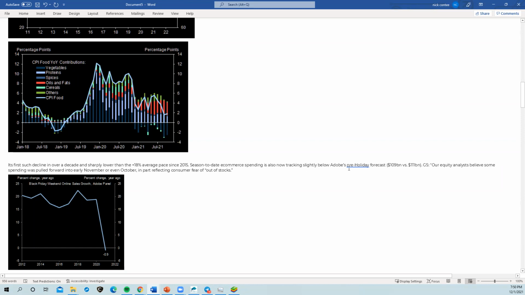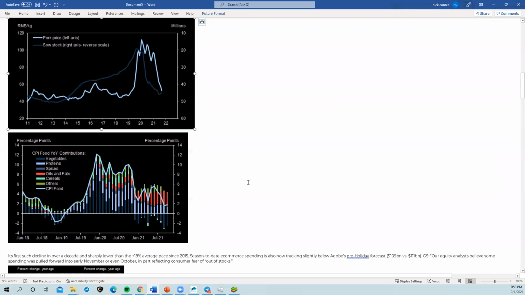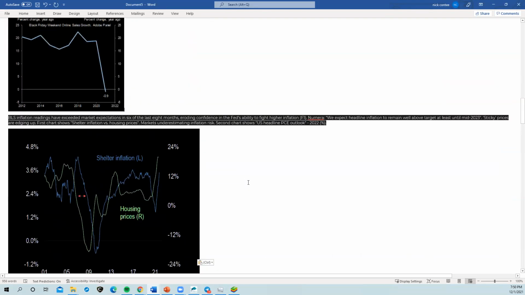It's now tracking slightly below the pre-holiday forecast of 109 billion, 111 billion. So we didn't spend as much money this Black Friday or Thanksgiving. Some spending was pulled forward into early November, October, in part reflecting consumer fear of stocks. So some people could have bought earlier, but it is showing that we didn't get a huge move in